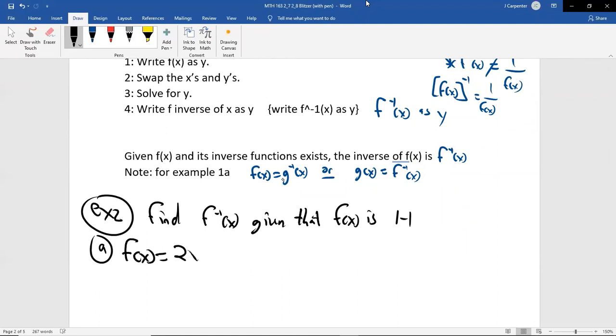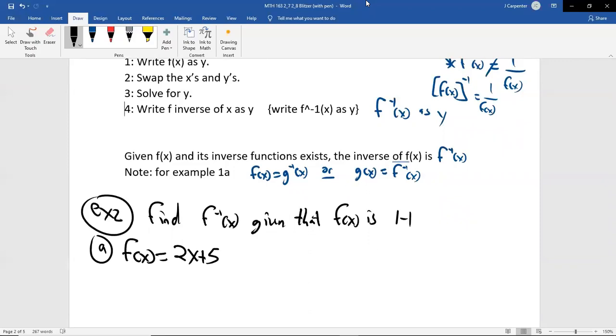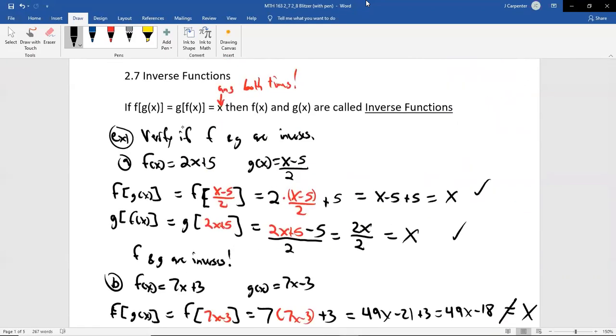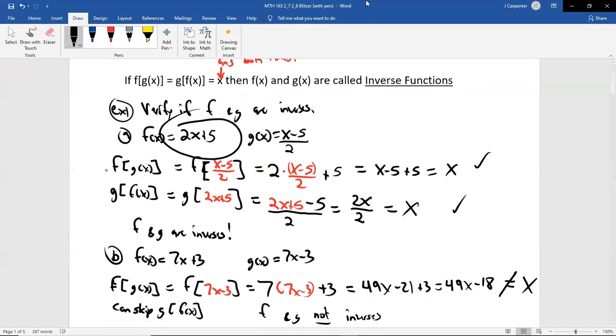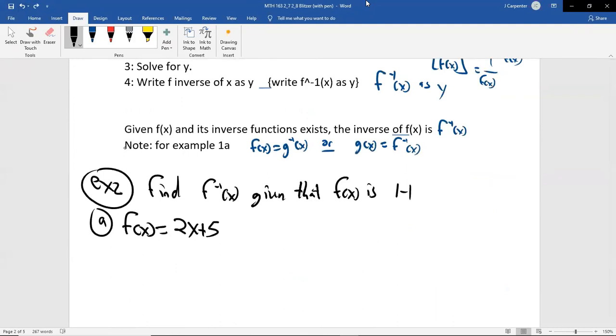We're going to start out with a problem, with a function that should feel very familiar if you just took the last notes today. 5 days ago, maybe it won't feel that familiar. Excuse me, 2 days ago. But in case you don't recognize it, it's the same thing as f of x from example 1a. Now guess what? Back in example 1a, we proved that these two things were inverses of each other, which means this is what our answer should be. This, x minus 5 over 2, is what our answer should be. We already know it. We usually don't know it ahead of time, but this time we do, because I wanted you to be able to compare and contrast.